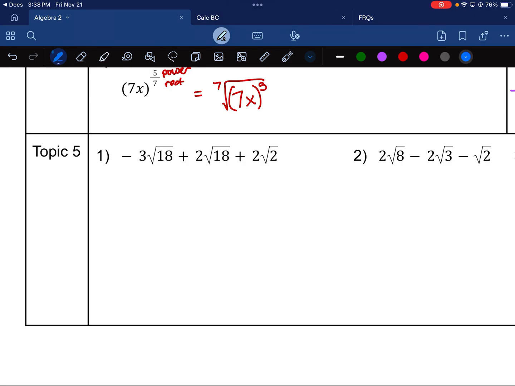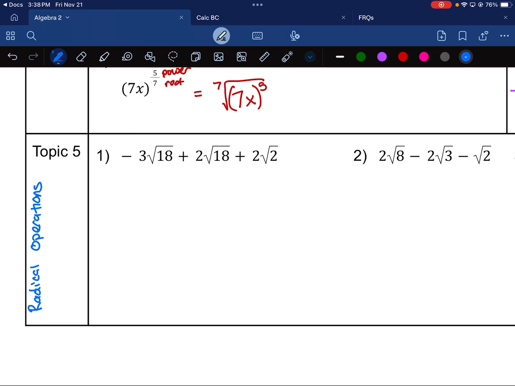One last thing we're going to be looking at is topic 5. So this is radical operations. I'm going to write that right here, radical operations. So with radical operations, when you're looking at addition and subtraction, the first thing I want you to find is